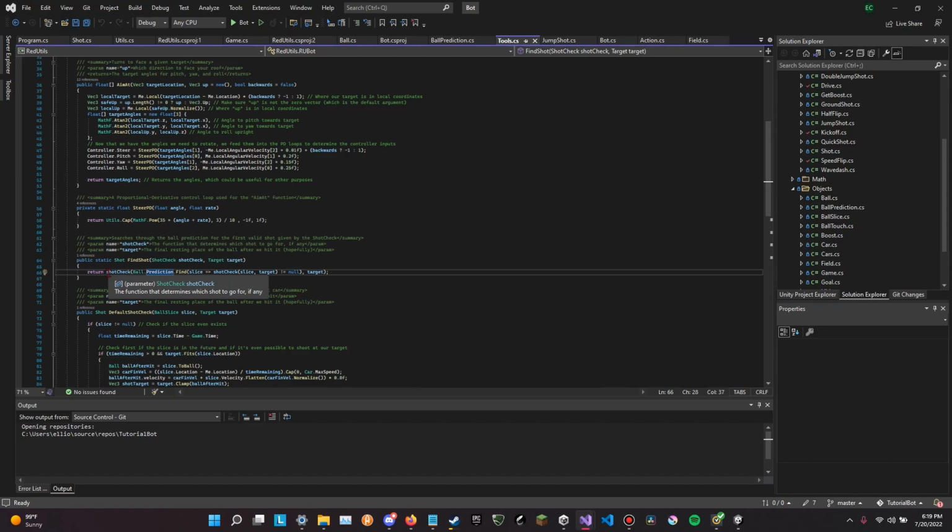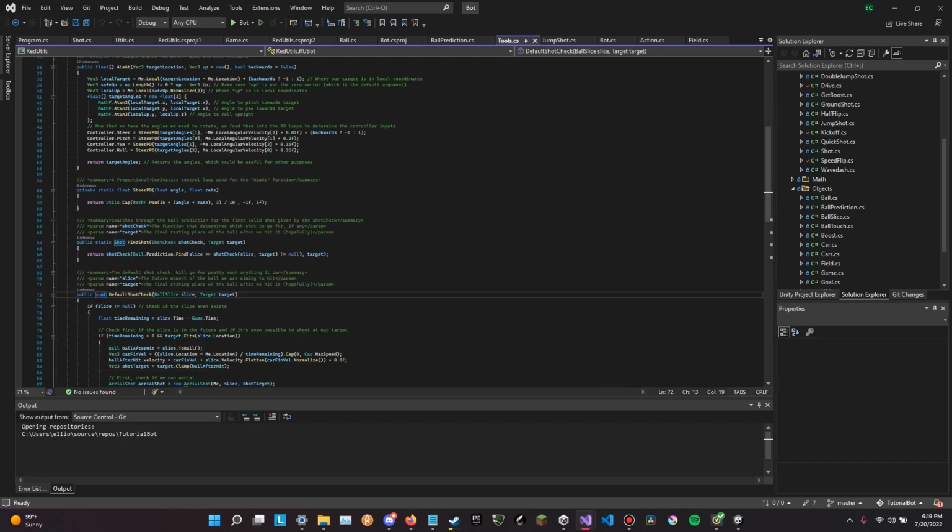It will return what is returned by ShotCheck. ShotCheck returns a shot, as you can see right here. This is the default ShotCheck. We can check that out in a bit. It will return the shot returned by the ShotCheck for a certain moment in time, and that moment in time is decided by this little bit of code, which, as you can see, will search through and find a moment in ball prediction. It will look through the future, right? It will look for a moment in time when, for that moment in time, our ShotCheck actually returns a